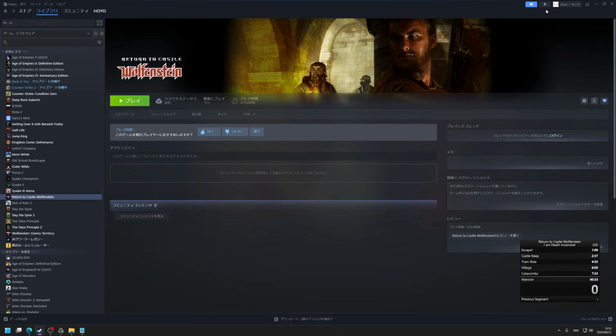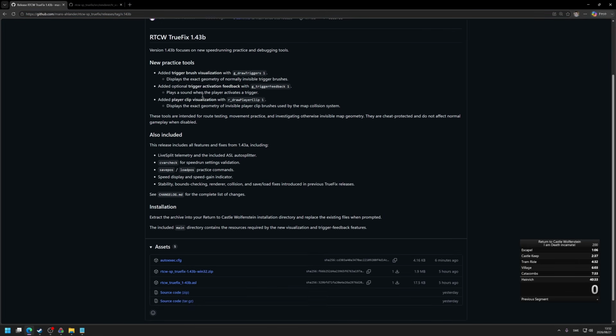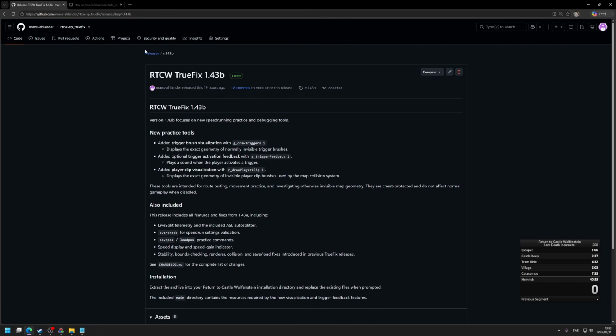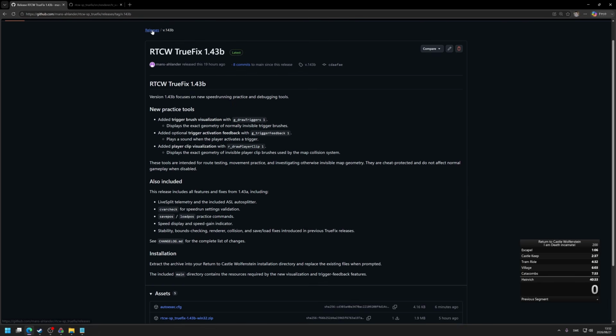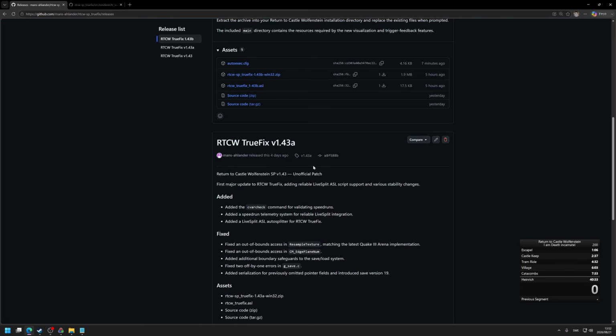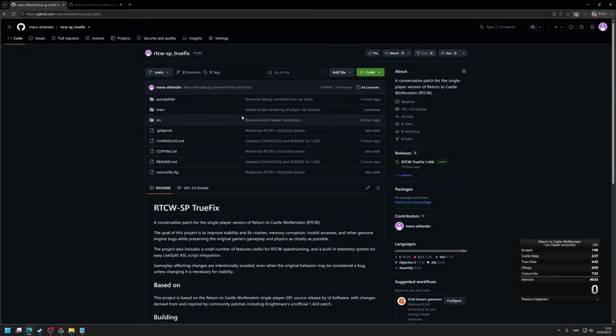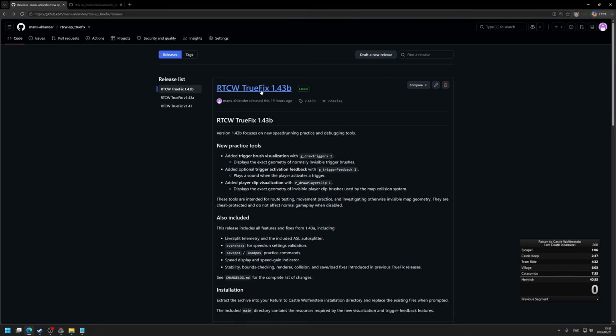So first install it here, get that prepared, and then you can go to this release website I will have in the description. On this page you can see the latest patch notes of my patch. You can go to other releases and see the history of all the changes, and if you're even more curious you can go to the repository itself and inspect the source code if you would like to. But let's just go to this latest version here,